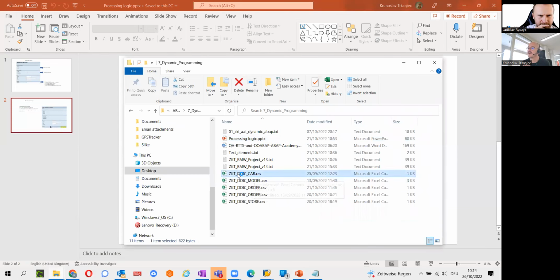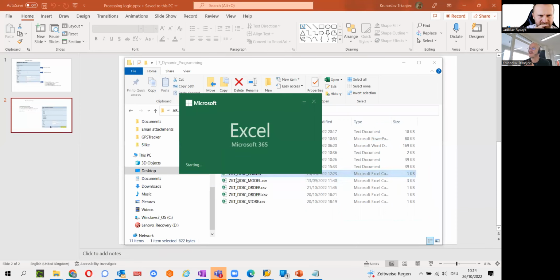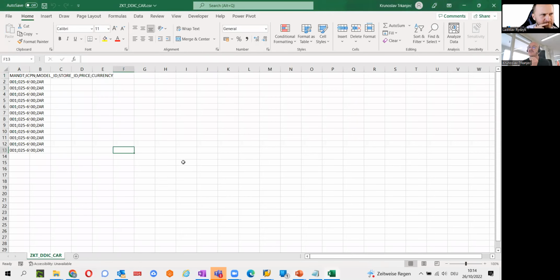So for example, if this would not be called DDIC car, if this would be called, for example, cars from my store at date, blah, blah. But the prerequisite is that the first field corresponds to a database table. Then I would have to go here. I will have to take a look at the names of the fields, at least of the key fields. I would have to store what I imported. Then I would have to